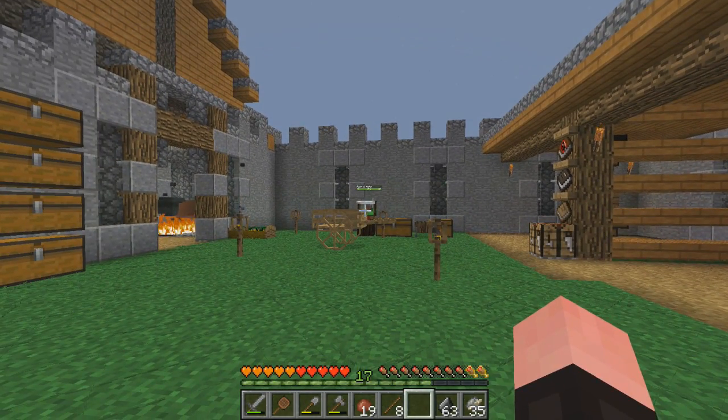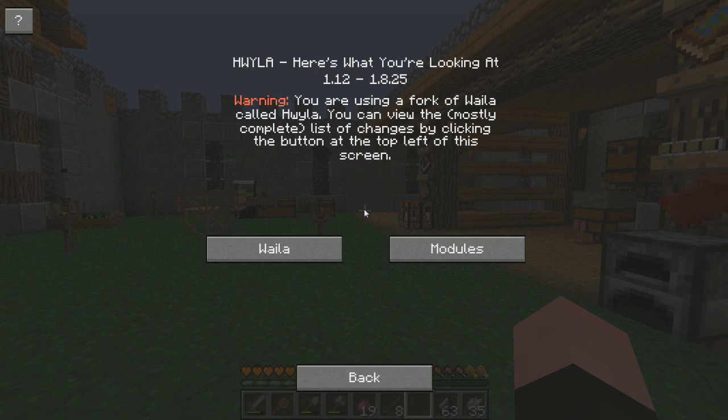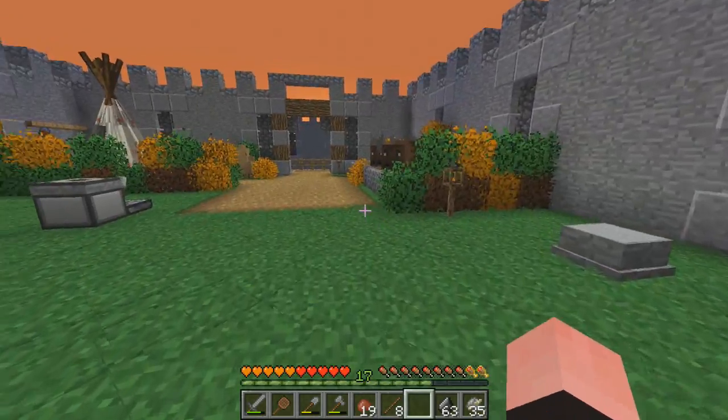Okay, and then Car Auto had said number pad 0 lets you adjust Waila settings. So I'm going to hit 0 on my number pad. Ooh! Waila. Hello, Waila. Here's what you're looking at. You're using a fork. Okay. I guess a fork and a knife would be great, huh? Sneak toggle blocks. Hide, narrate, liquids. So if we click that and we hide liquids, now we should be able to...